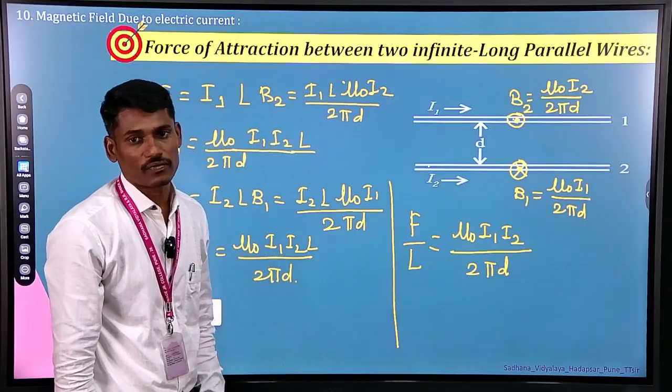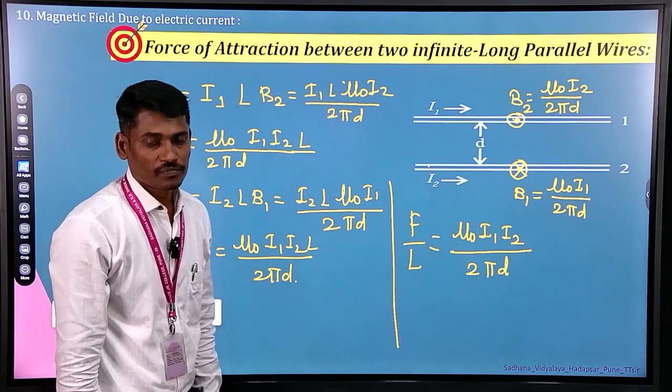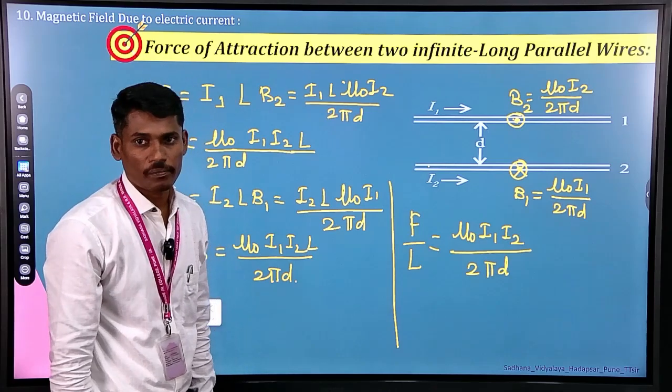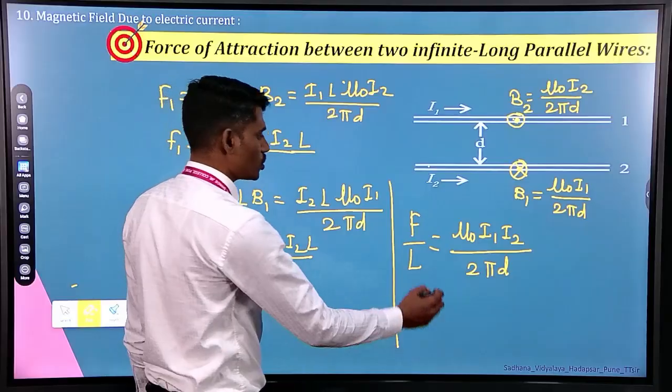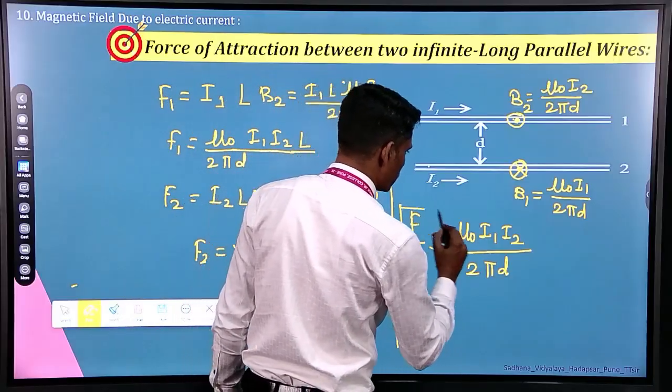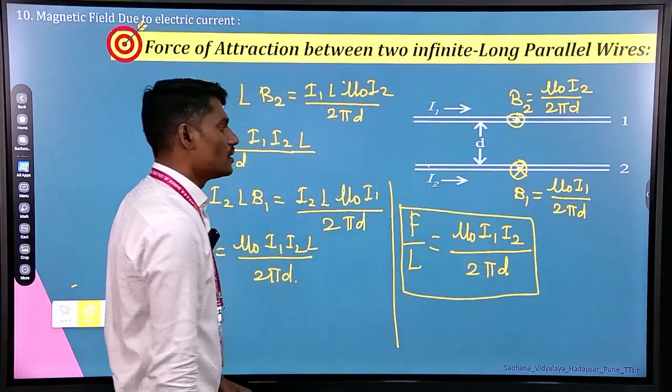This is the formula for the force of attraction between the two infinite long parallel wires kept at a distance small d, right. This is the very simple formula. Now next point,